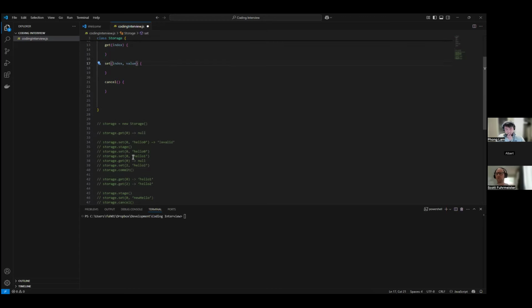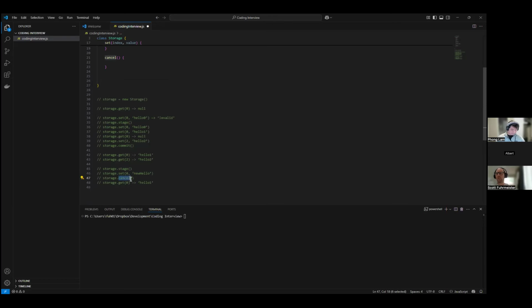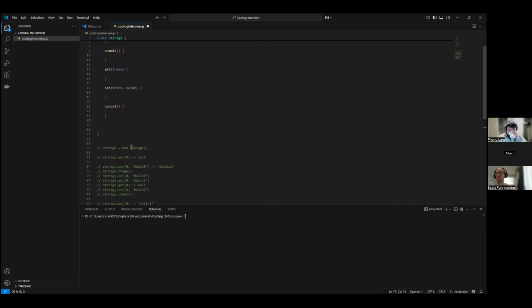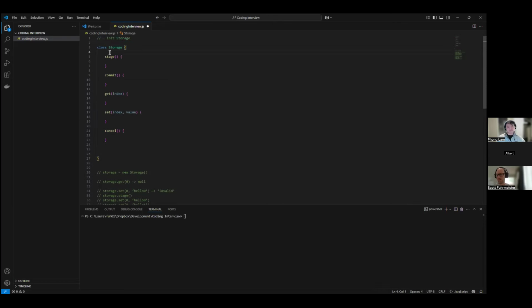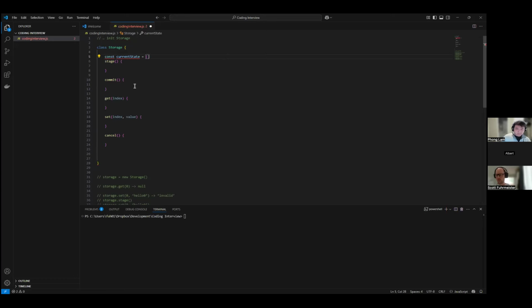The cancel doesn't have any parameters. Okay, and up here, we could store it as an array. So I'll have an array called current state,